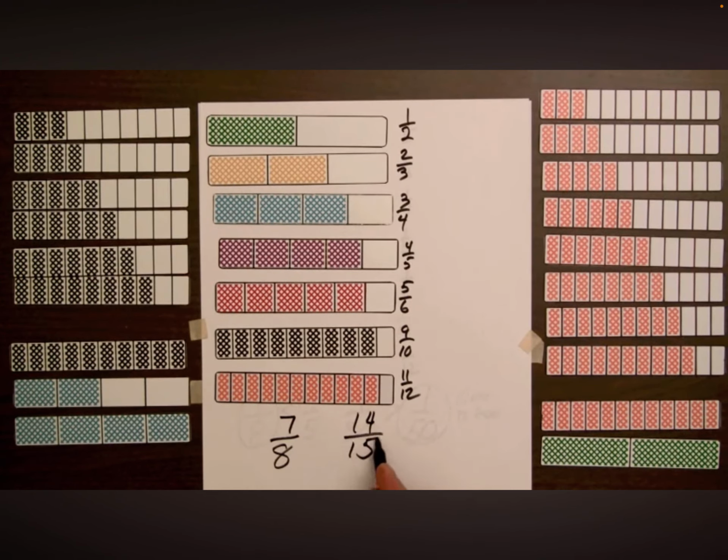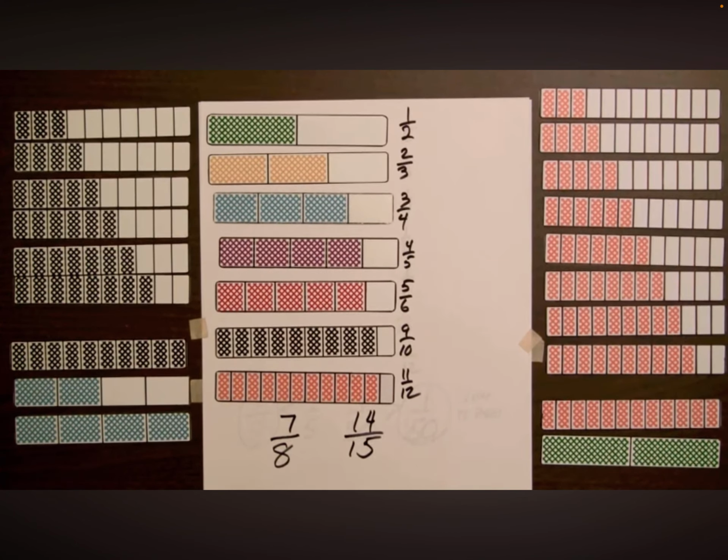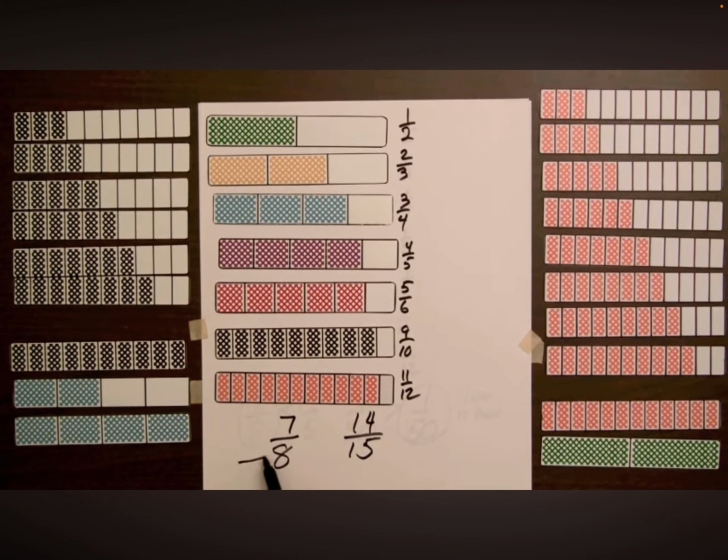14/15. Which fraction is closest to 1? Now the bar for this fraction here has 8 parts and 7 parts are shaded, so that's missing just 1 part, 1/8. The bar for this fraction has 15 parts and 14 are shaded, so this is missing a 1/15 of being all shaded, being a whole bar, and 1/15 is less than 1/8. So this fraction right here is closer